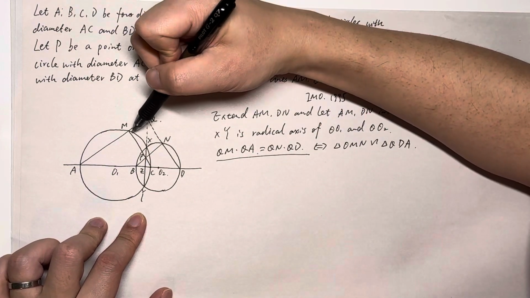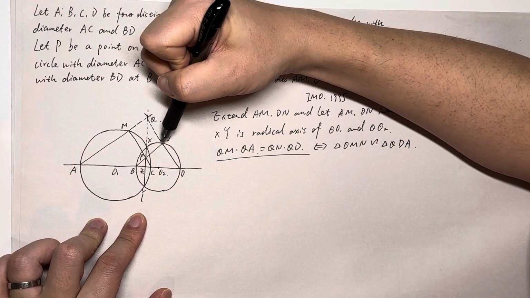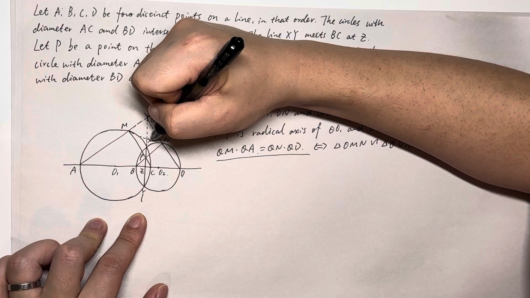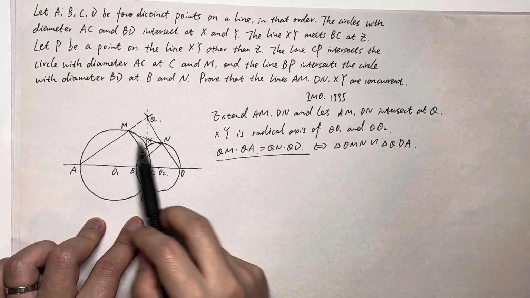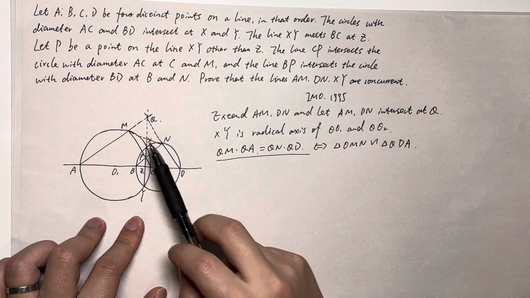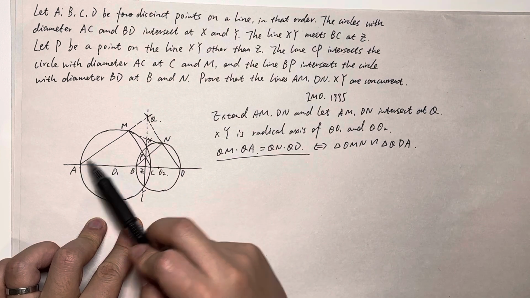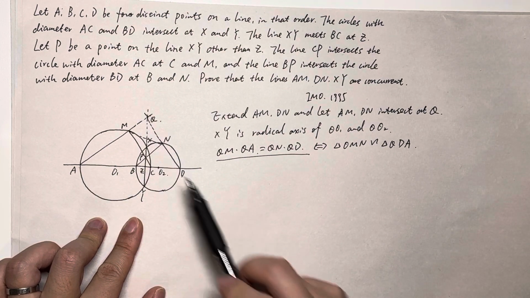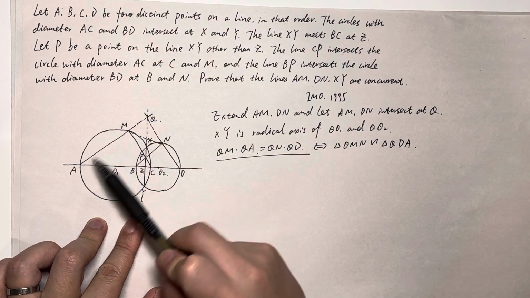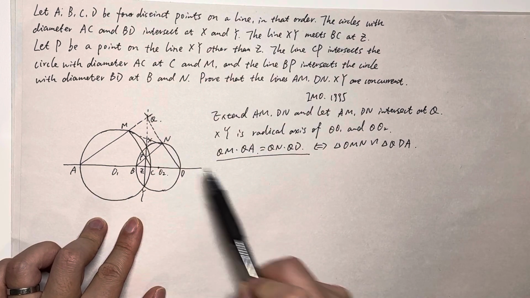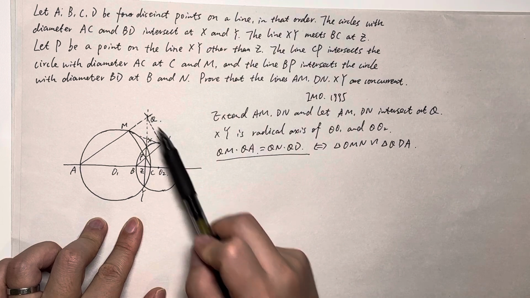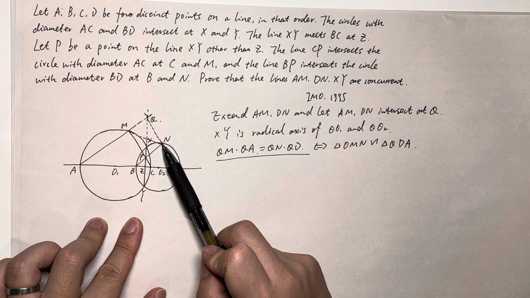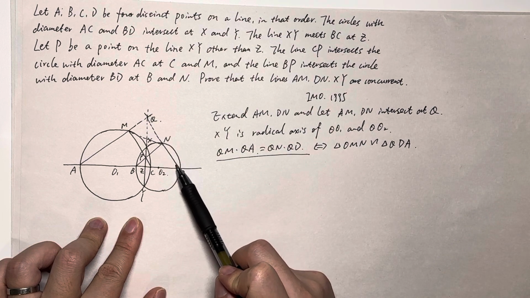So we consider connecting MN here, because angle AQD equals angle MQN, right? So if QM times QA equals QN times QD, it is equivalent to triangle QMN similar to triangle QDA,